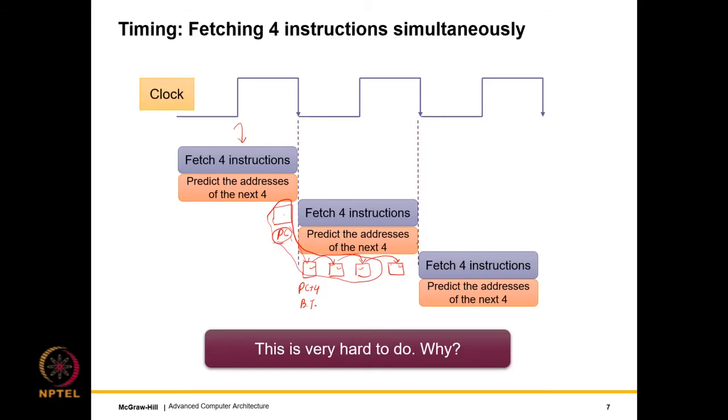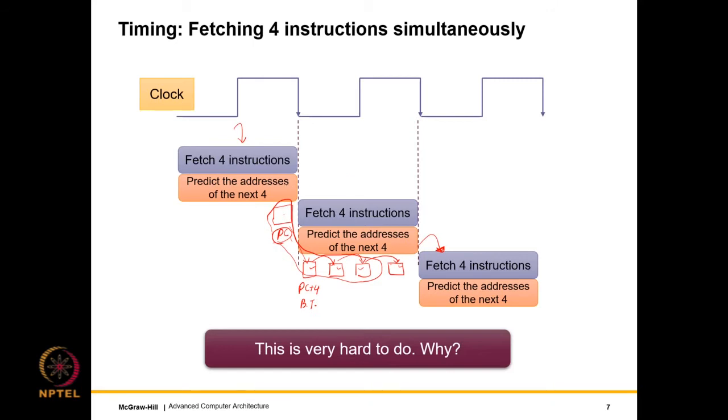Using a similar logic, once we have 4 correct instructions in this cycle, we again need to predict the next 4 instructions on the correct path for the next cycle. So this clearly entails having multiple branch predictors, making multiple predictions per cycle, and still ensuring a fetch bandwidth of 4, with those 4 instructions on the correct path, right? Whether they are on the correct path we'll get to know later, but from a prediction point of view, with a very high likelihood, they are on the correct path.